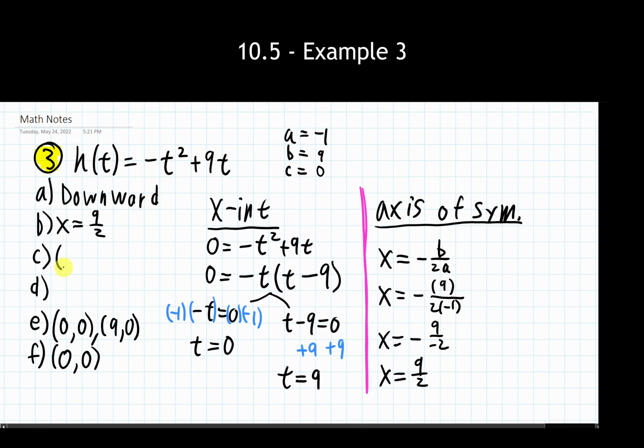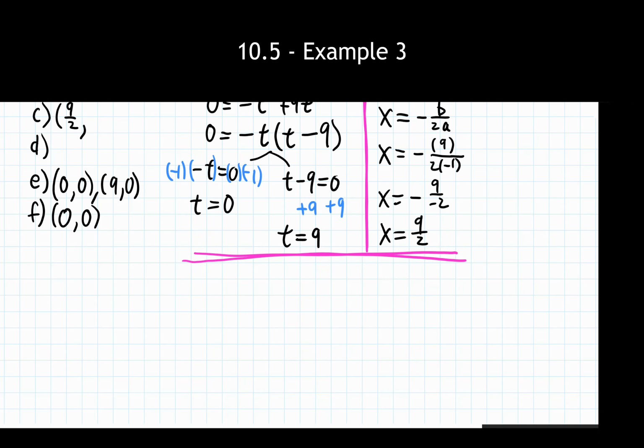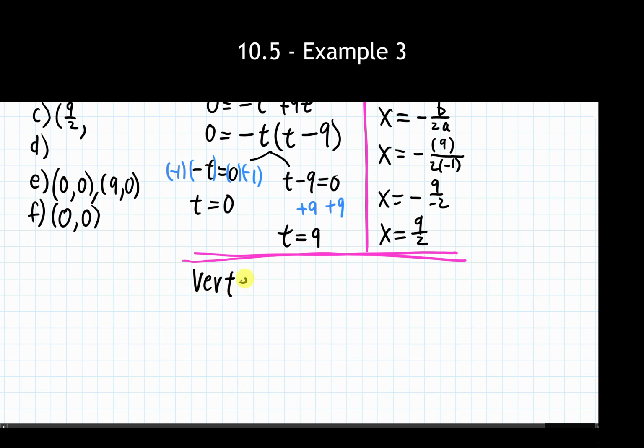And again, the axis of symmetry is the first part, the x value of the vertex, so I can also plug that in here. Whoops, don't need the parenthesis, it should be a comma, but I just have the x value of my vertex listed right here. Fantastic. Now I need to actually go through and find the rest of the vertex, so similar to our last problem, I'm going to write out my process right down below here. The calculations that I am doing are going to be on a calculator off to the side. If you're wondering where any of those numbers are coming from, you are welcome to do it by hand or with the calculator. It's your call. But that's how I'm getting these numbers here.